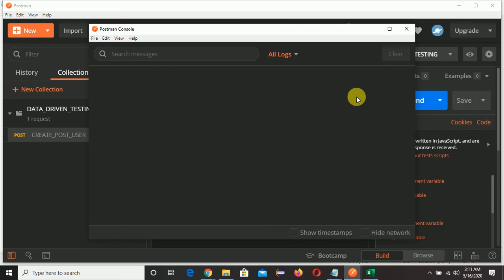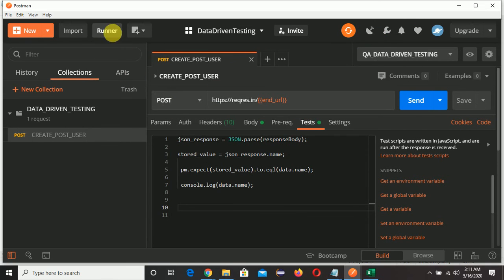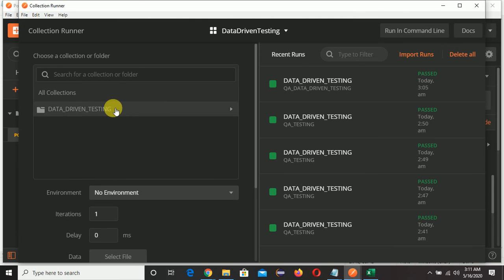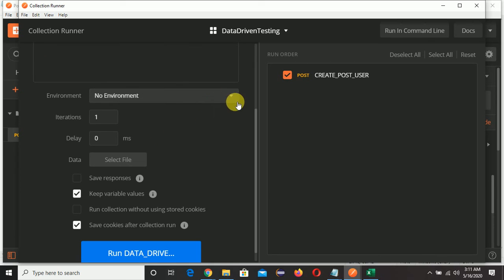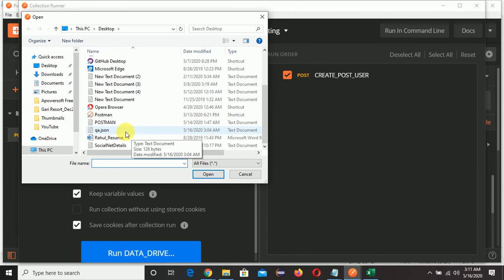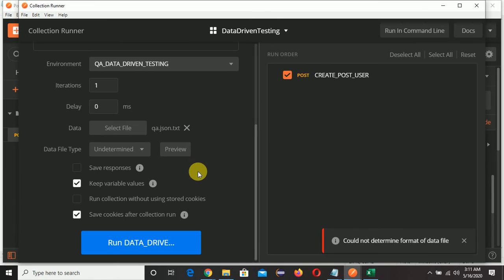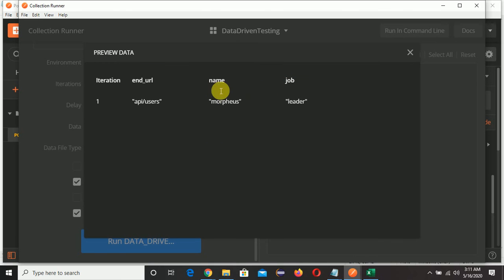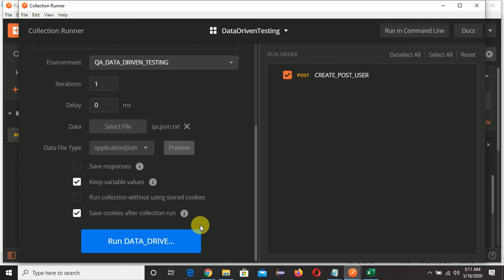Let me clear it. Now we will run. So click on runner, click on that collection, select environment, select file, select data file type, and preview it. So it is fine, right?